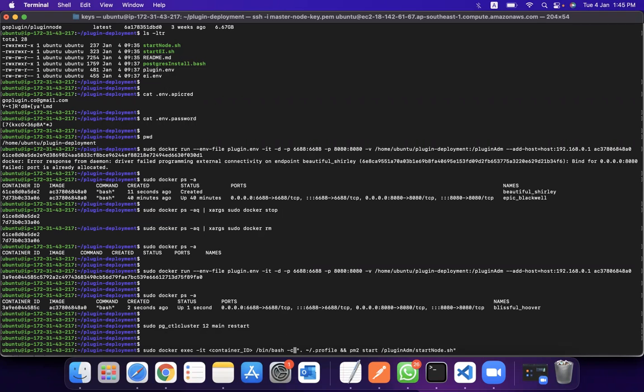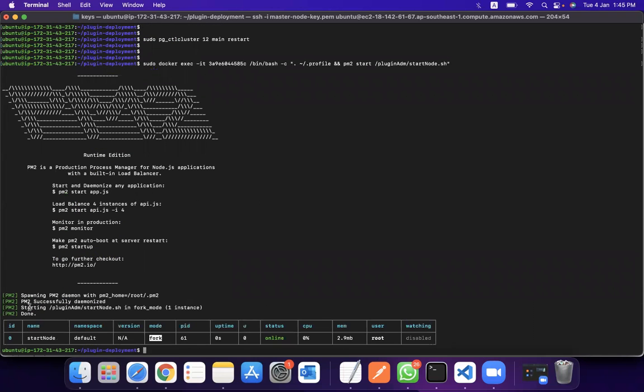Just go here, copy your container ID and paste it over here, enter. So we are done. What this command actually does is log into the container and execute these two commands. Basically, this is the command which will start your node.